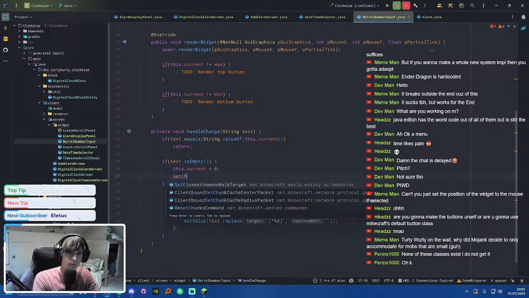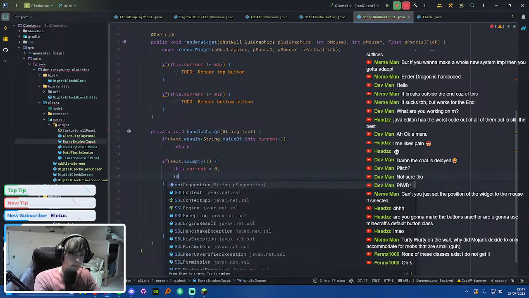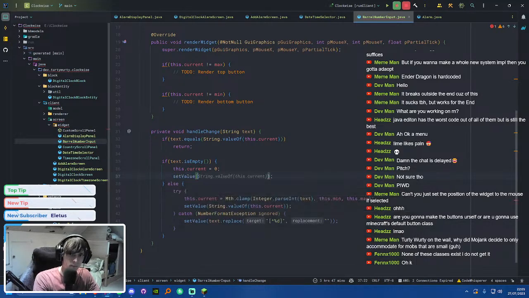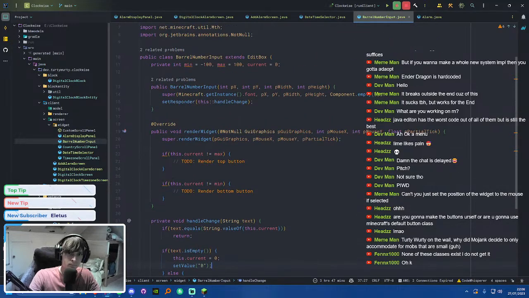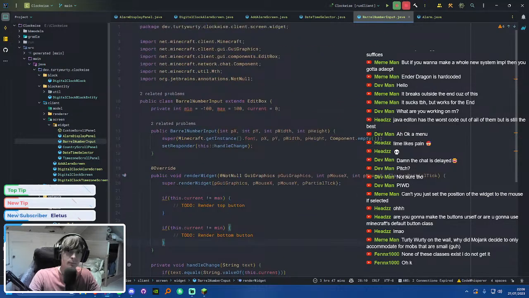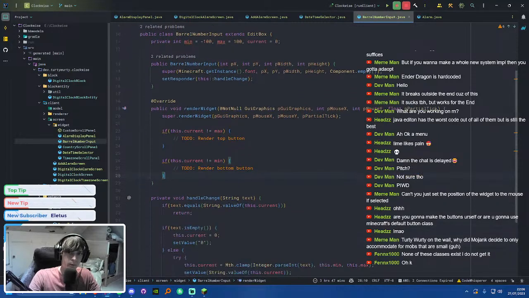It has to do the same here though. Set value, and actually in this case I'll just put 0 because that's easier. Okay, so that should be the change handled. No, those are fine for now. Okay, for now